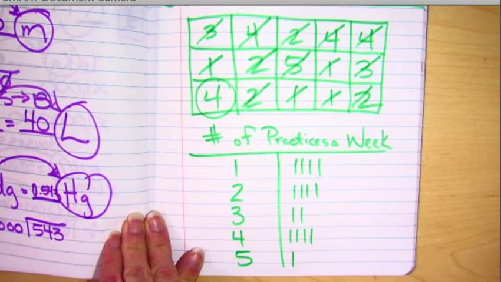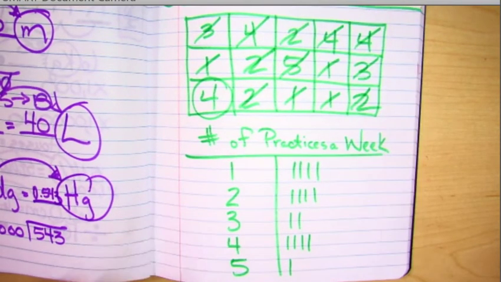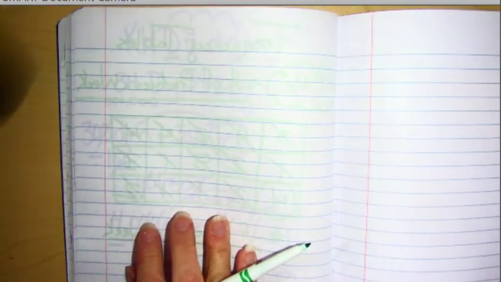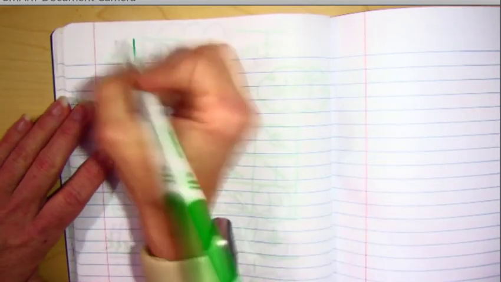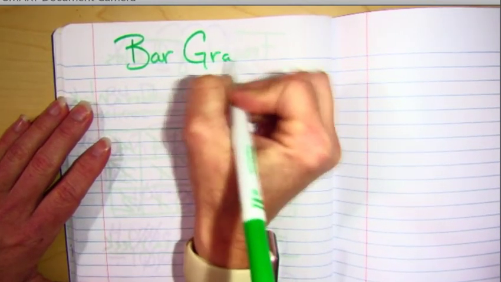Does that make sense? Give me a thumbs up if you're like, oh, I know what a frequency table is and we don't have to spend any more time on it. Yay! The next thing we're going to talk about really fast, and then we're going to do quizzes so I can see what you already know, which I know is a lot, are bar graphs. Everyone's favorite.